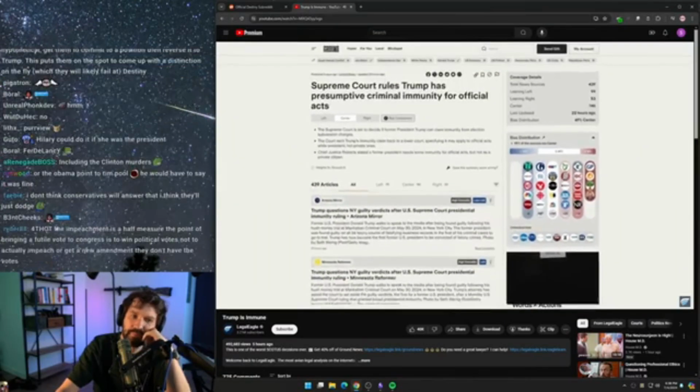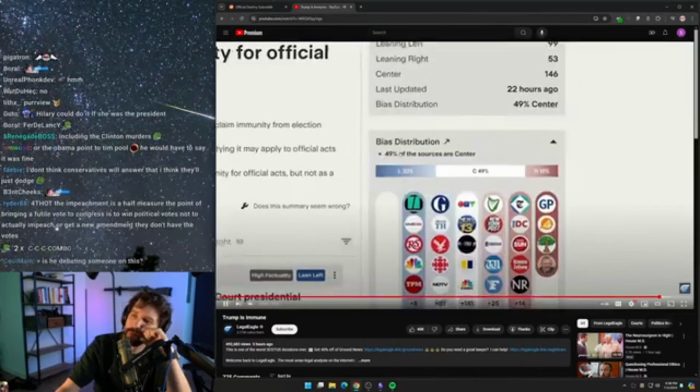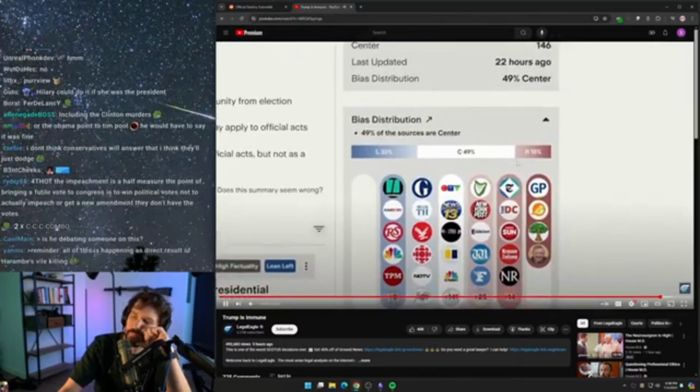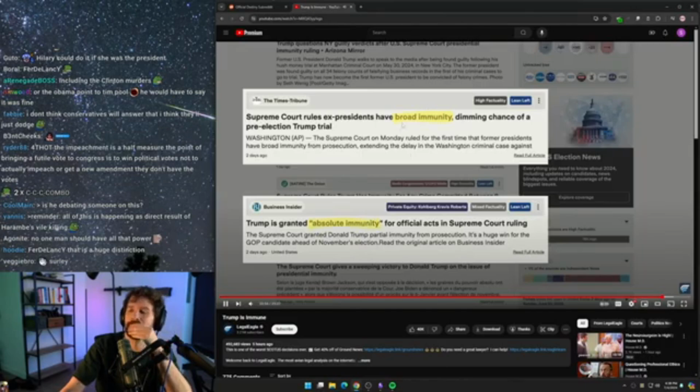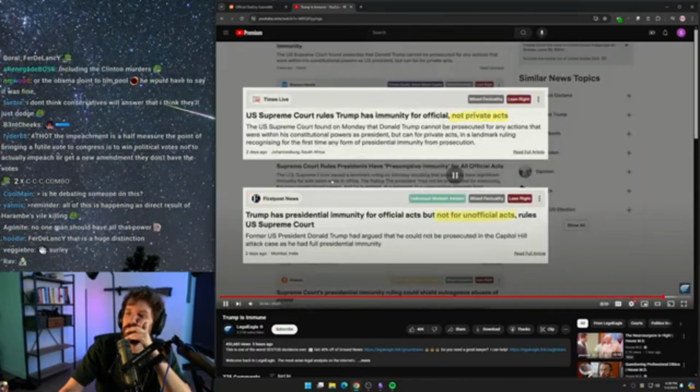What's interesting is that the Supreme Court decision has been covered extensively by over 400 news outlets, 33% of the reporting coming from the left, and only 17% coming from the right. But if you compare the headlines, you'll start to see some interesting framing emerge. On the left, you have a lot of outlets saying that Trump was granted immunity. On the right, outlets tend to draw the distinction between official acts and